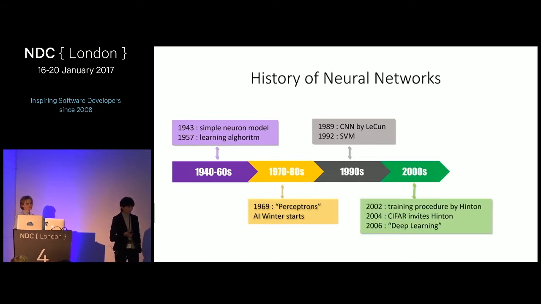Does anyone know what a support vector machine is? That is an algorithm. Yeah, of course you know. That's just an algorithm in machine learning, just view it like that. Another algorithm, not the neural network. Well, then the millennium came and brought us new hope.